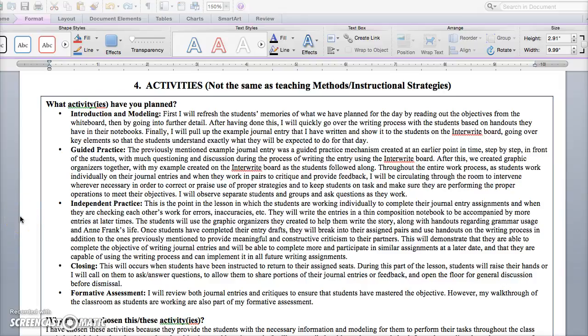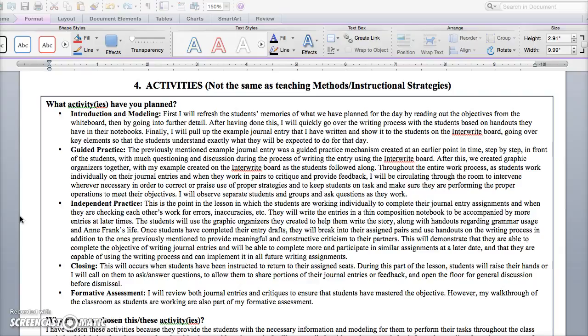Section 4, Activities. Introduction and Modeling. First, I will refresh the students' memories of what we have planned for the day by reading out the objectives from the whiteboard, then by going into further detail. After having done this, I will quickly go over the writing process with the students based on handouts they have